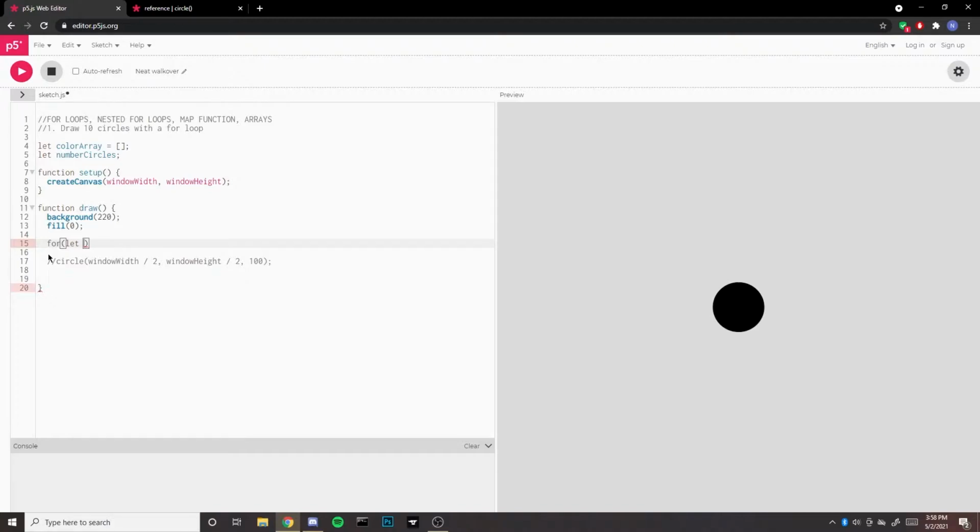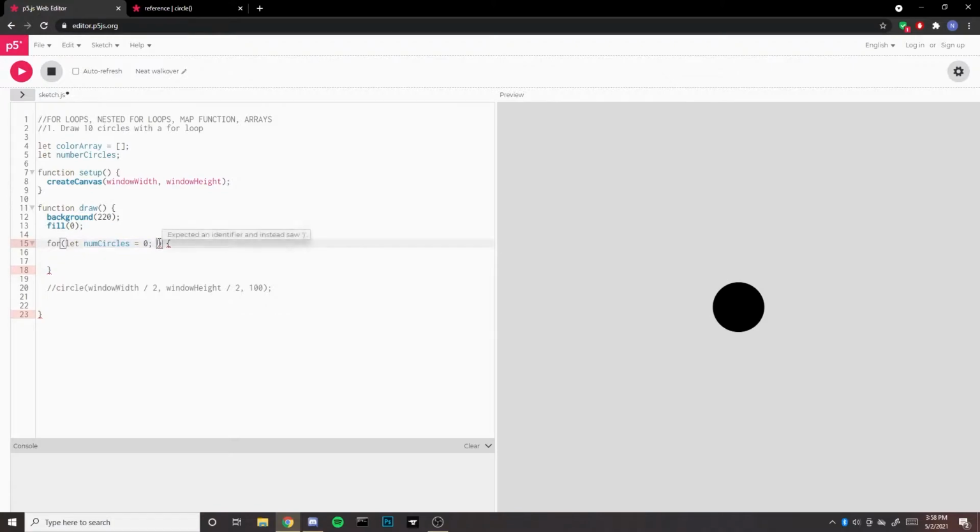So in this case, I'm going to give our variable a descriptive name. So I'm going to call it num circles. Okay, so numCircles, and I'm setting it equal to 0, because what a for loop is doing, in essence, is that everything in the body of the for loop, which is the stuff between these curly braces right here, is the stuff that's going to be repeated a certain amount of times. So you start the for loop, and this is the first time it's run, so there's no circles on the